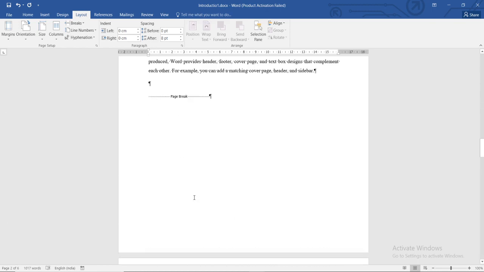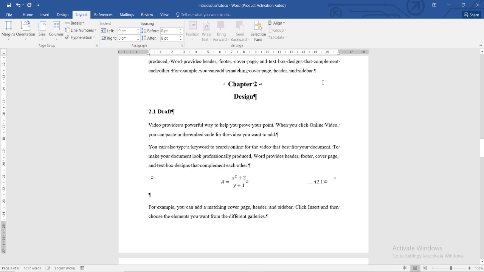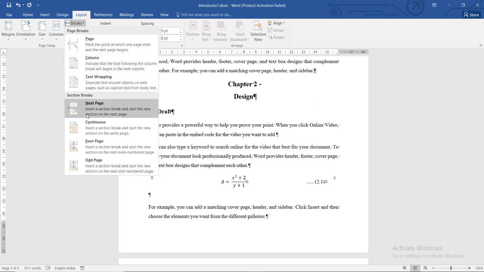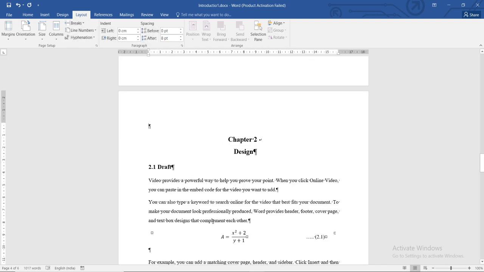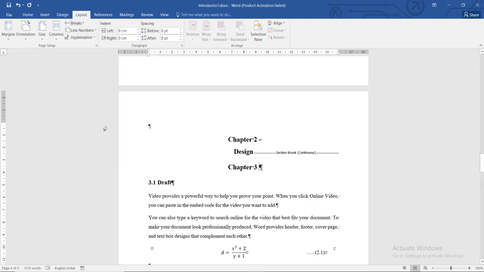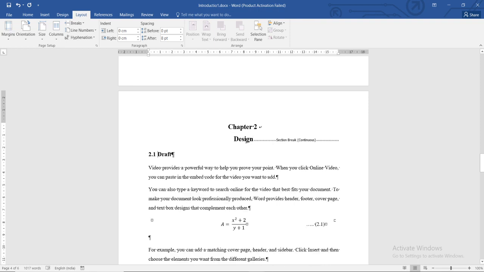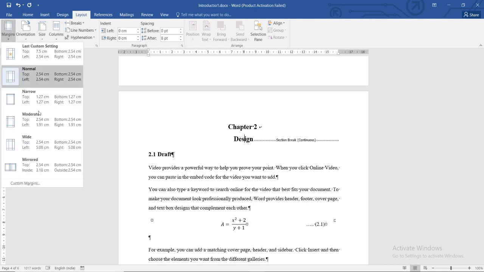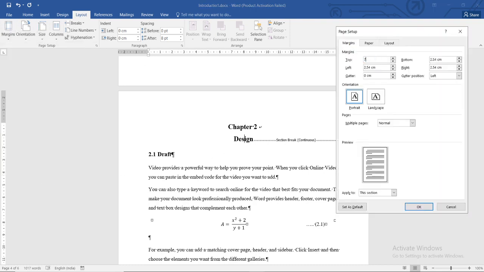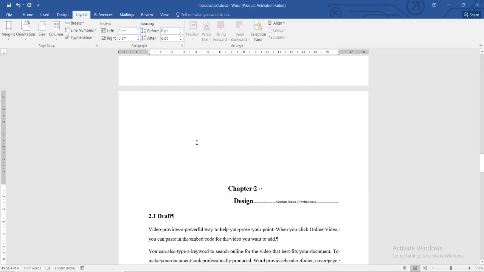Now I will repeat the same thing. Instead of a page break at the end of a chapter, I will insert a section break, section to new page, first thing. And after the chapter title I will insert a continuous section break, that is the second thing. Then you can delete this third chapter getting created, go to the design chapter, go to margins, custom margins, and make it 7.5 centimeters, whatever margin you require.